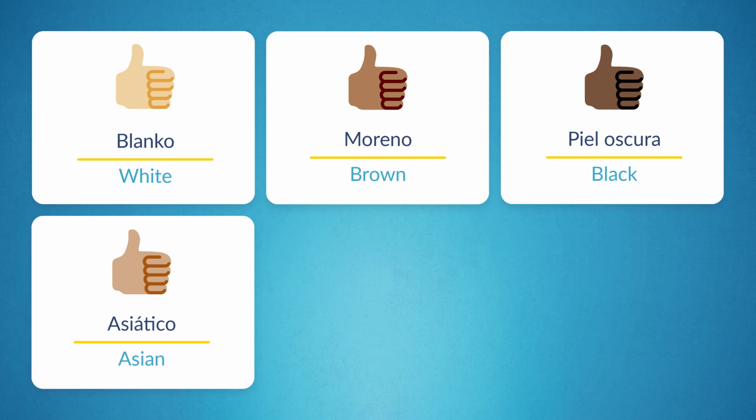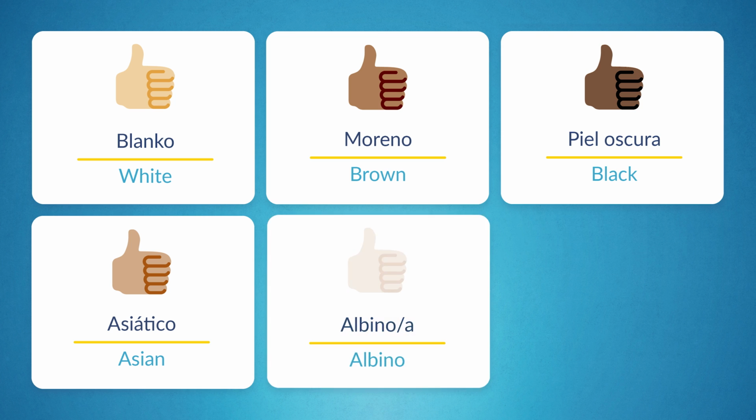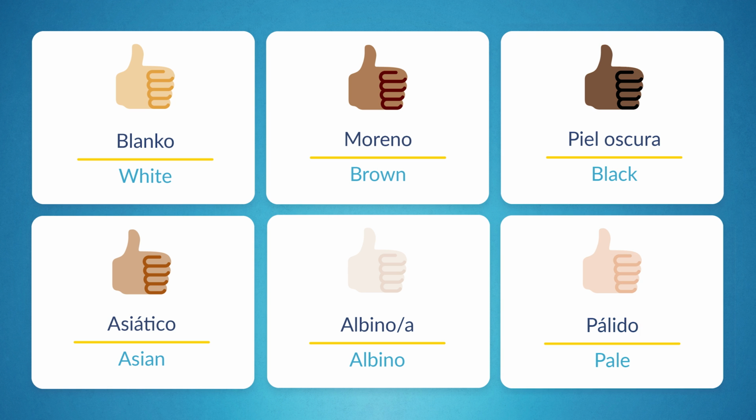Then we have asiático, which translates to Asian in Spanish. If someone was albino, you'd refer to them as albino or albina, depending on their gender. And if your friend was especially pale, you could simply call them pálido. Now that we've covered the broader characteristics that can be used to describe someone, let's focus on the centerpiece of